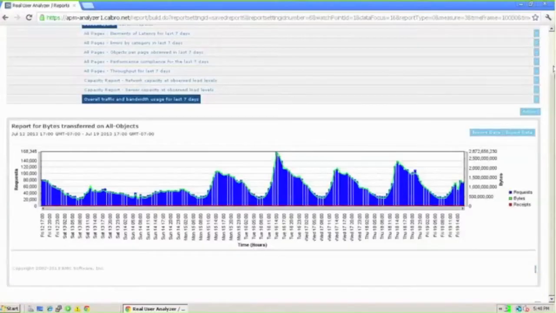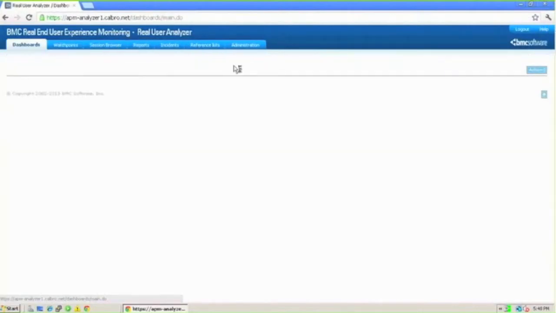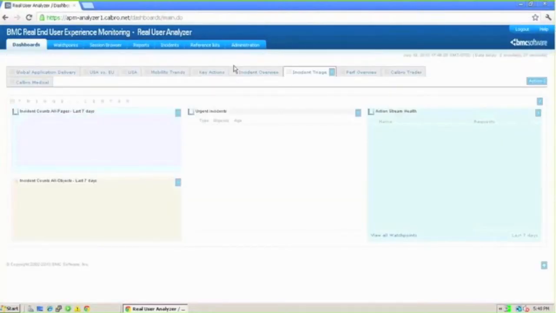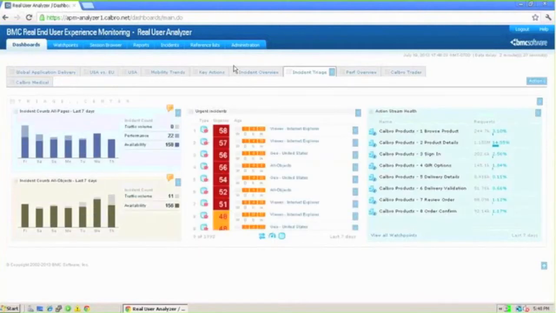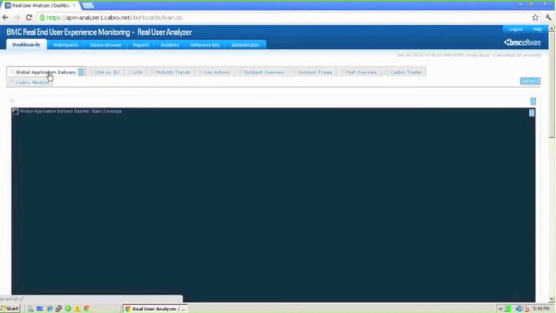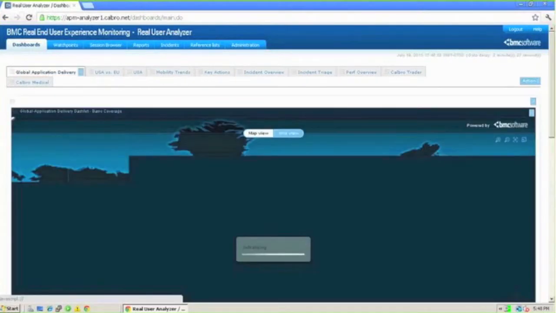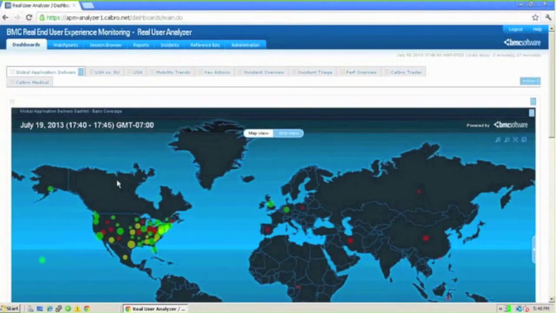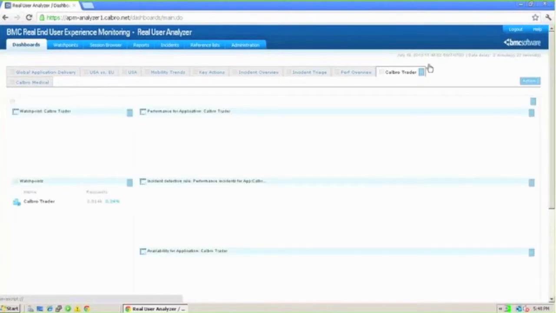All right, so to recap, we looked at taking a look at data from a number of different viewpoints or vantage points, the first being the global application delivery, which is populated out of the box and allows you to start to see the traffic from a geographic standpoint without having to create any watch points or create any views. But you can also then create views based on watch points to allow you to begin to track